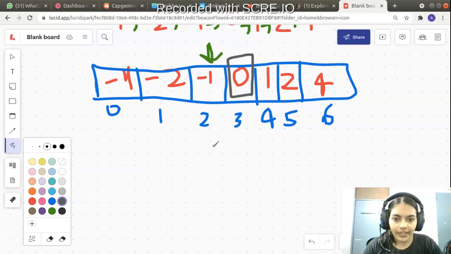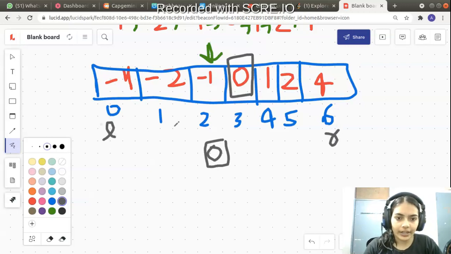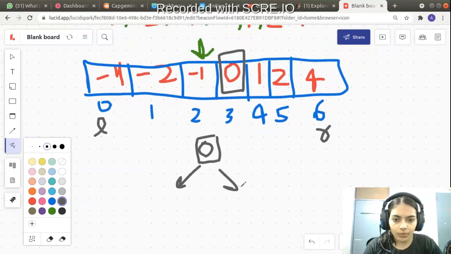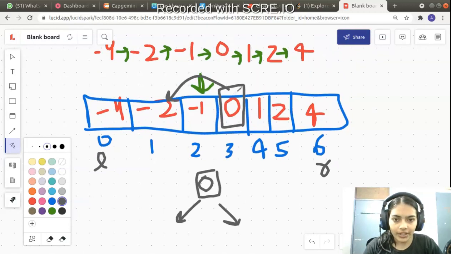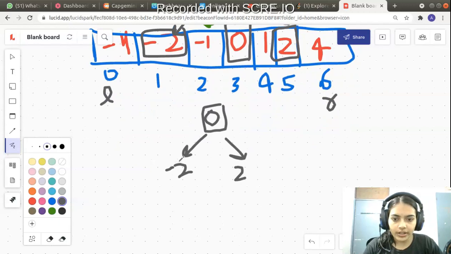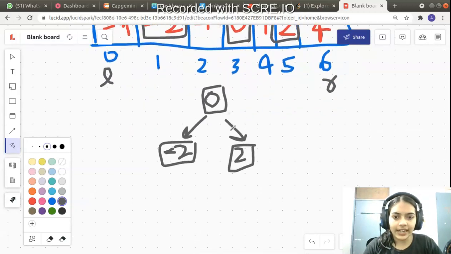So you have the midpoint, so that is 0. Why is this the midpoint? You see, the leftmost point is at index 0 and the rightmost point is at index 6, right? There are two extremes, left and right, and you have the midpoint which is the middle, and it has the value 0. So first we'll put that. Now after this, to find the children of 0, we are going to traverse this side and we are going to traverse this side. So we are going to take this particular child -2 and this particular child 2, and place them here. So -2 and 2 are the two children of 0. Now these are the left and right child of 0.